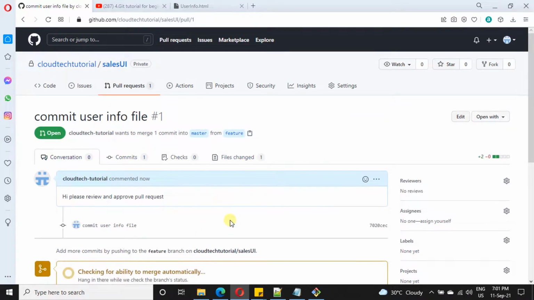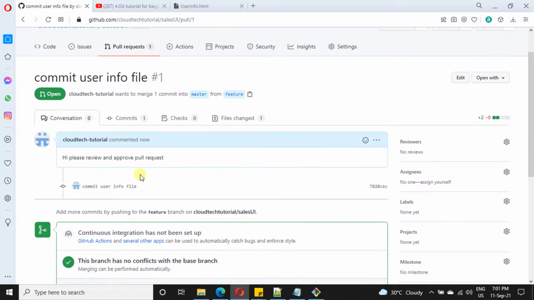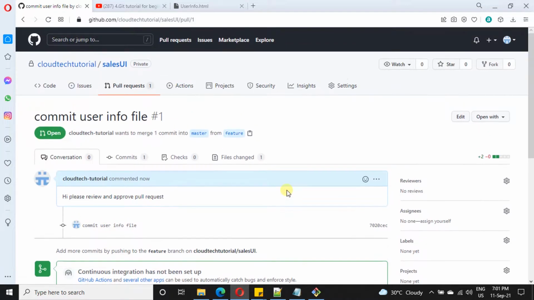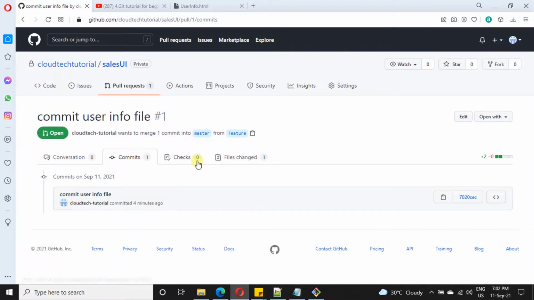If you have any reviewer, he will get an email for this purpose with this comment that a pull request has been submitted. It will also show who created this pull request, so all this information will be available. Once the pull request is submitted, the reviewer will review the changes, seeing what the commit is and what changes were made.